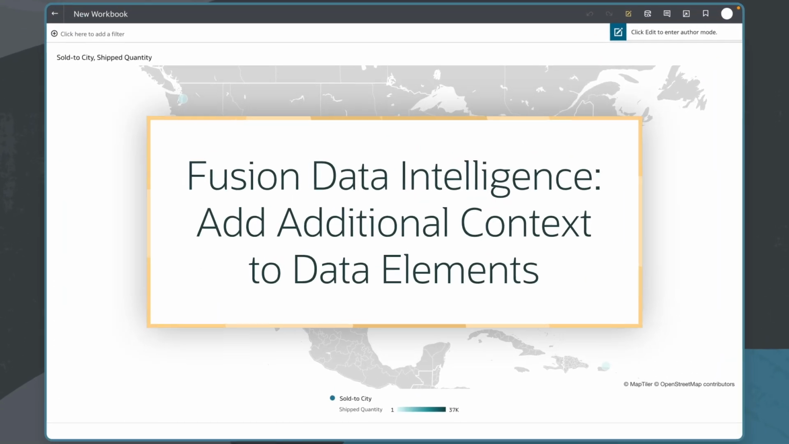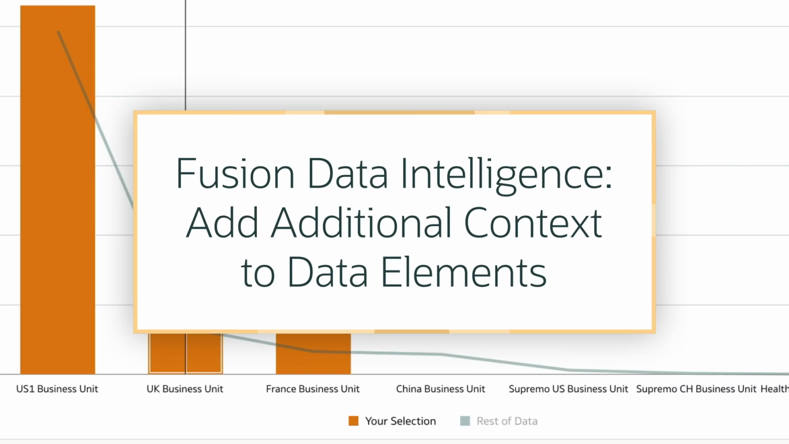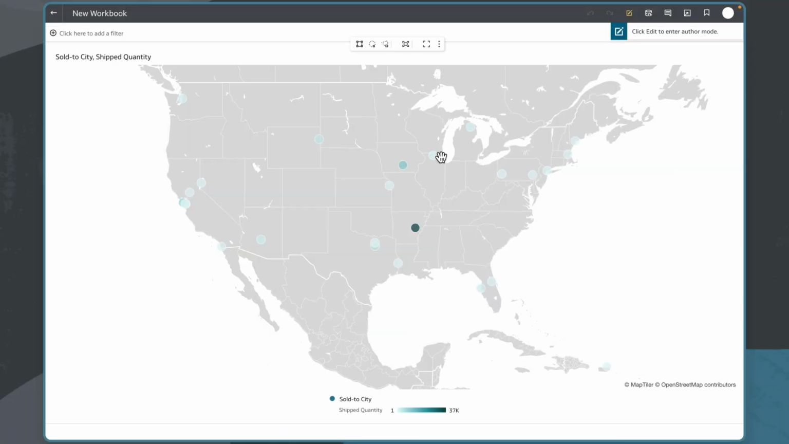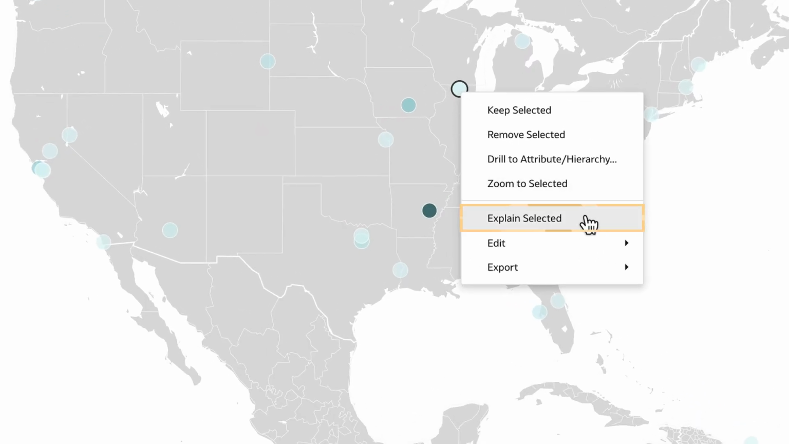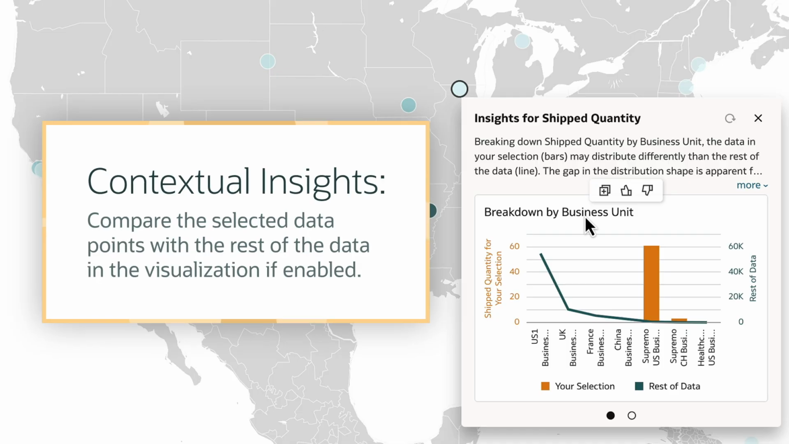In this tutorial, we'll learn how to add additional context to data elements in Oracle Fusion Data Intelligence, or FDI. Workbook authors can enable the Explain Selected feature to add additional context to data elements and visualizations. This allows consumers to compare selected data points with the rest of the data in the visualization to highlight trends